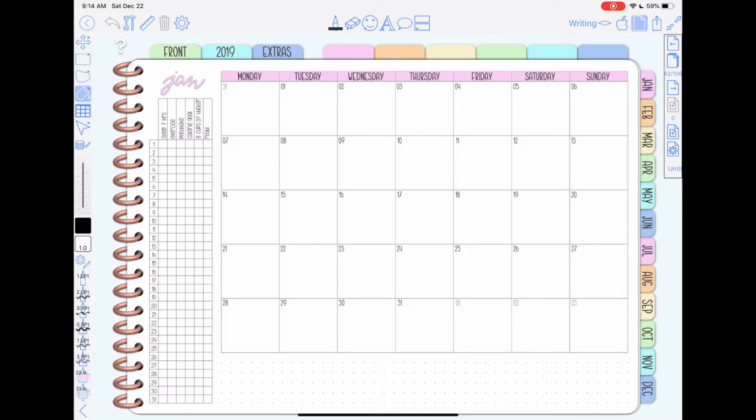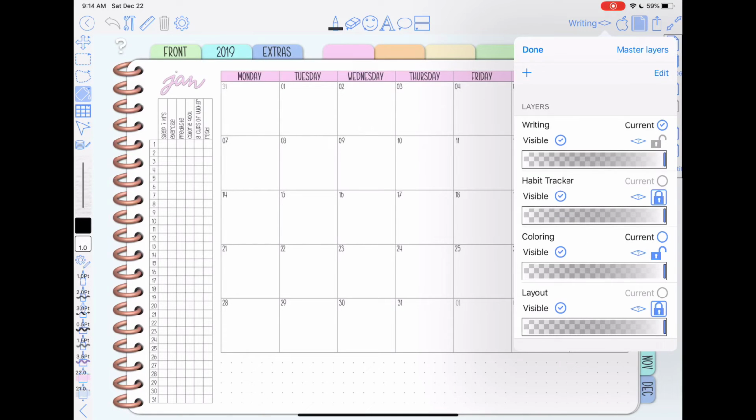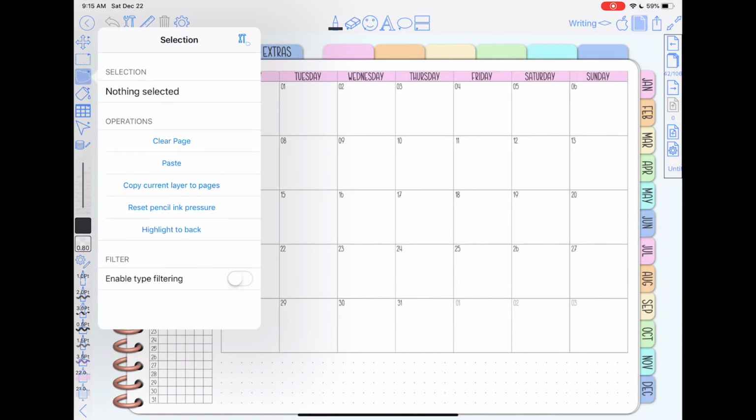So I think the fun new option here is the addition of a master layer. If you go over here into your layers, you'll see up here in the right-hand corner, it says master layers. So if you've played around with the layers in setting up your tabs, especially, you'll know you set it up on one page. Once you get it the way you like it, you'd go into the options over here to copy that layer, copy current layer to all pages,